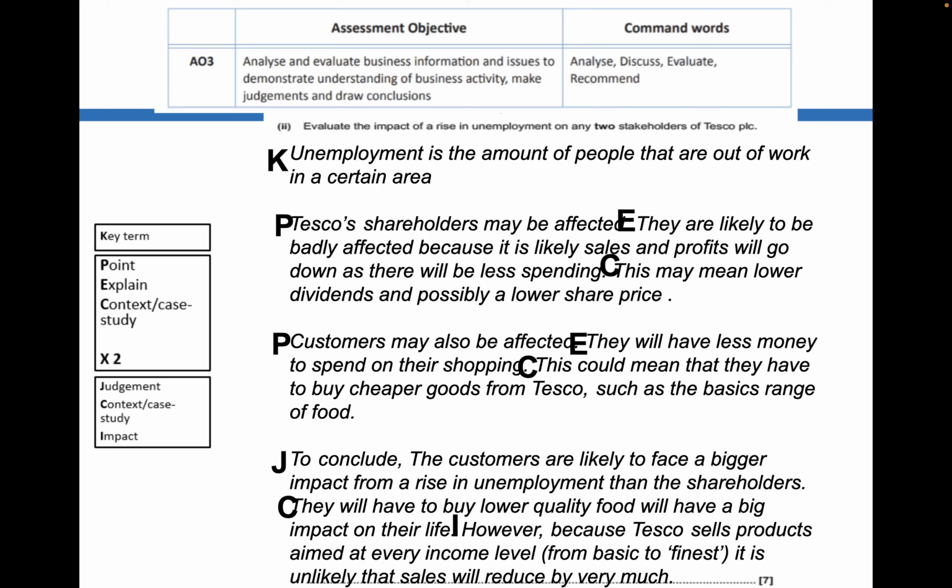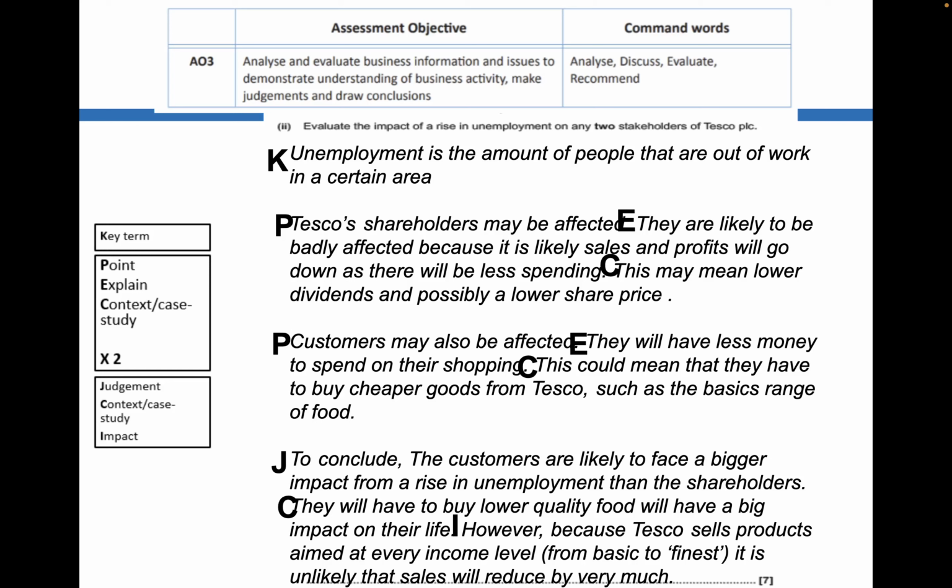Okay, we move on to 7 markers plus. We're going to look at 7 markers, then we're going to look at 9 markers. My structure is down on the left-hand side. I would encourage you to start with a key term for your 7 markers and your 9 markers. And then you go into doing 2 PECs, and then you do an evaluation, and I use a JCI structure